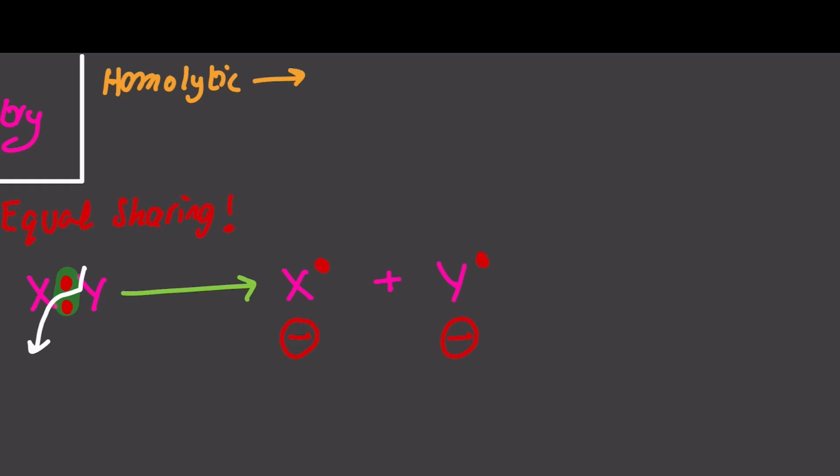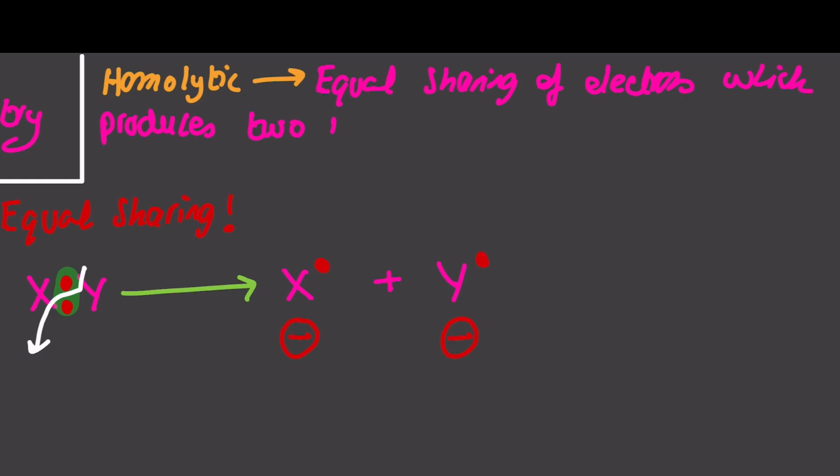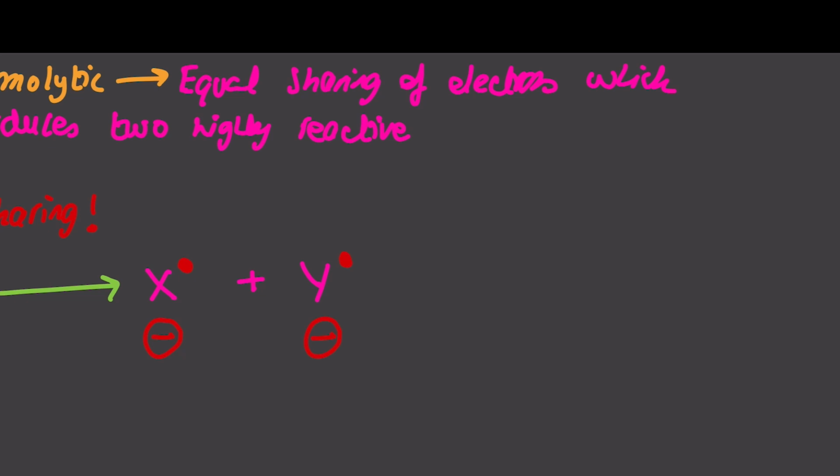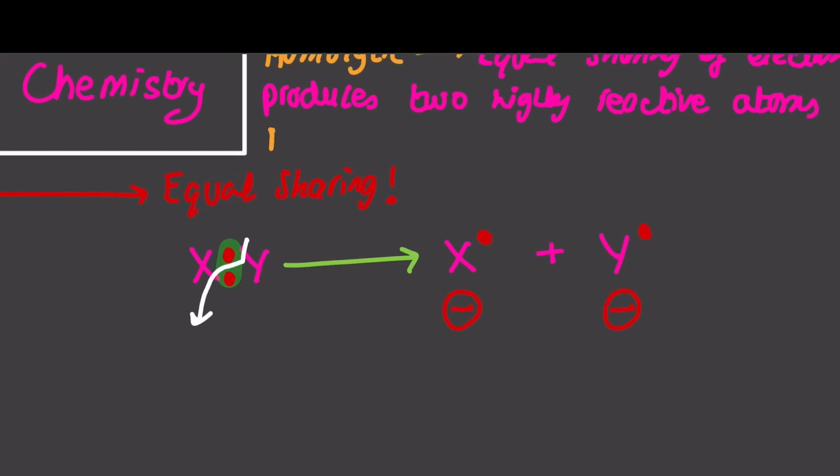So for the exam, we say that in homolytic fission, there is an equal sharing of electrons, which produces two highly reactive atoms or ions, called